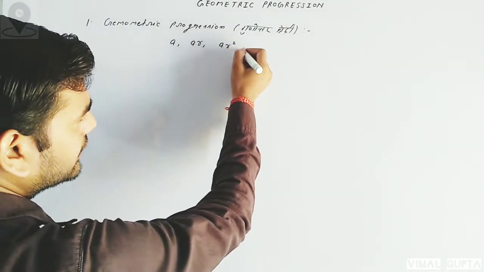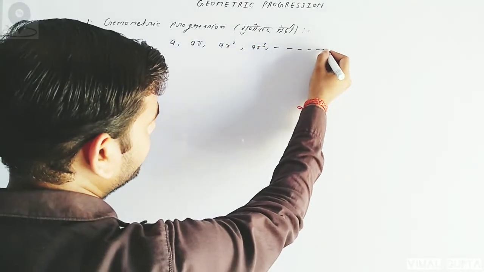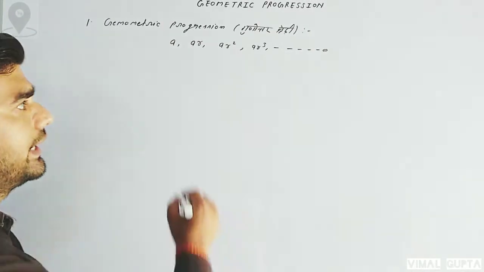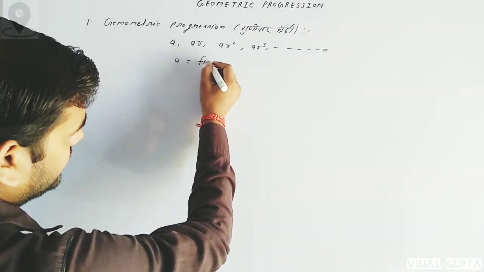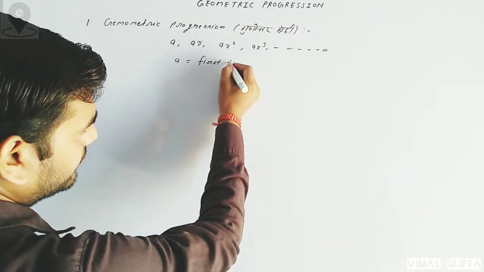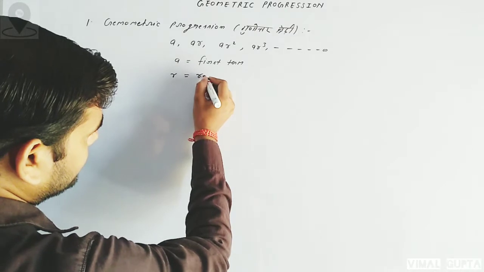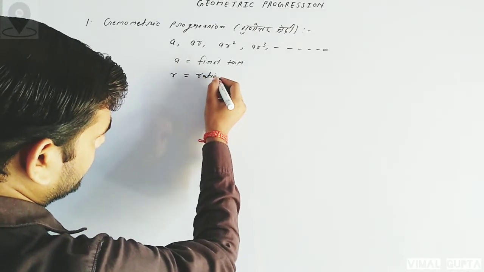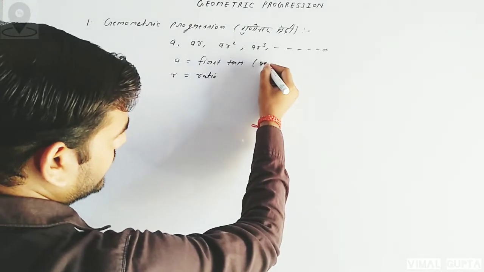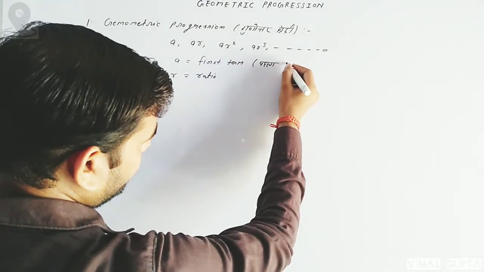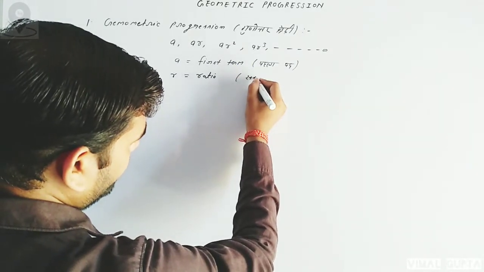a, ar, ar², ar³ ... infinite times तक। यहाँ पर a को क्या कहेंगे? a: first term, r: ratio. First term मीन्स पहला पद, ratio यानी सर्वानुपात।